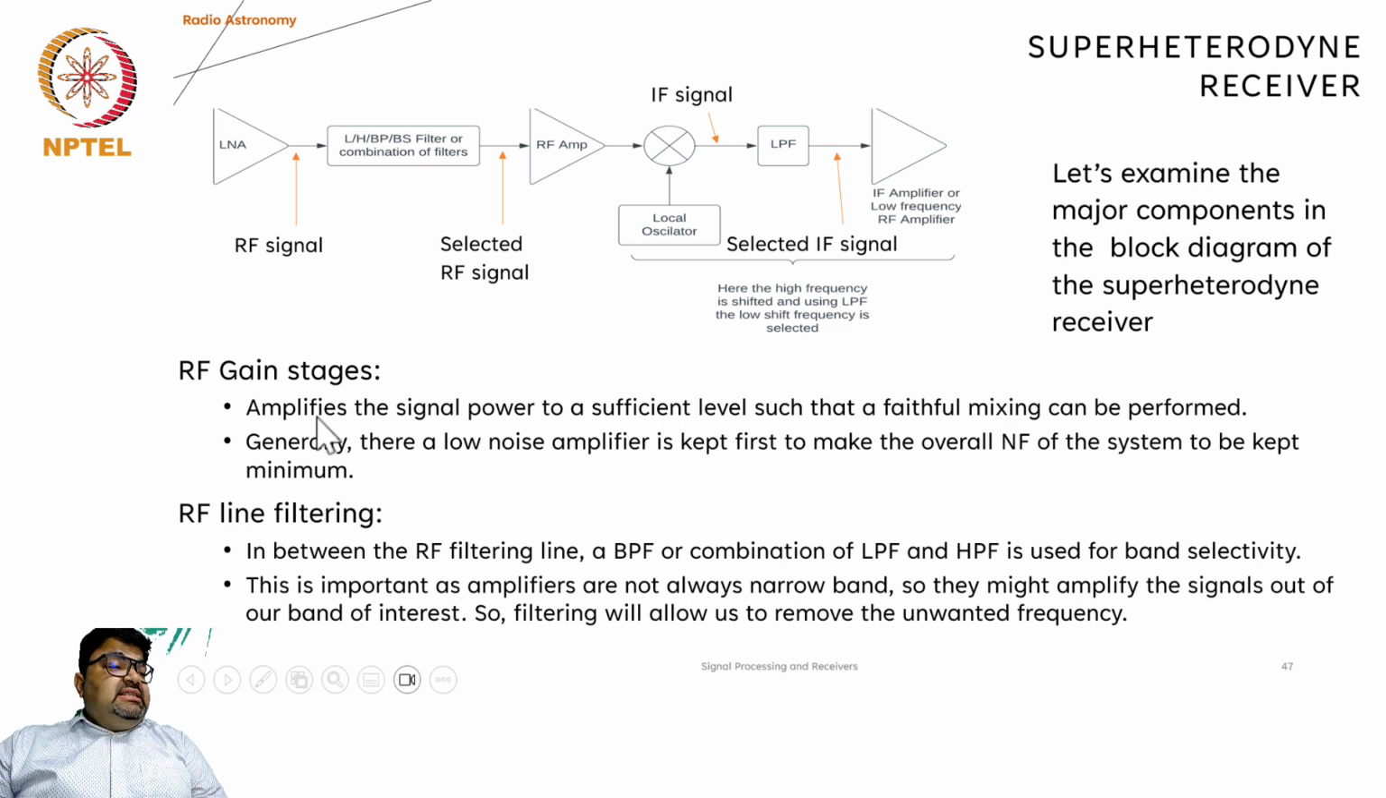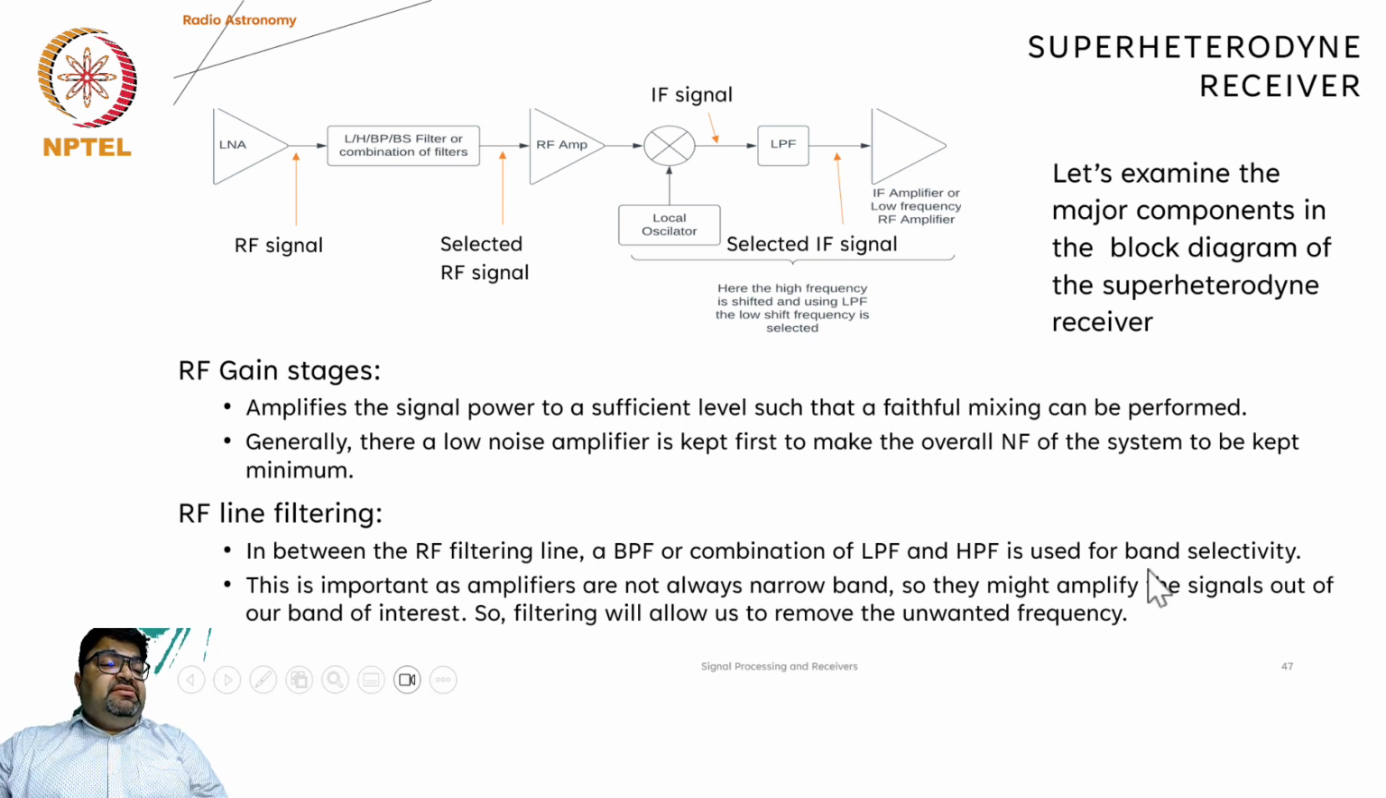The different stages: there's an RF gain stage and an RF line filtering stage. The RF gain stage amplifies signal power to a sufficient level such that faithful mixing can be performed. Generally, a low noise amplifier is kept first to make the overall noise figure of the system low, or minimum. In the RF filtering line, a BPF, or band pass filter, or a combination of